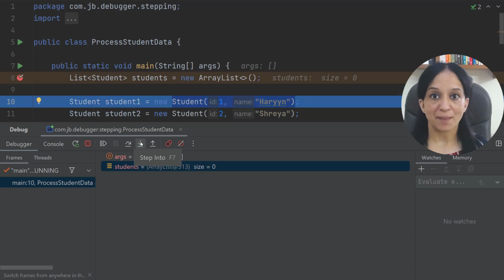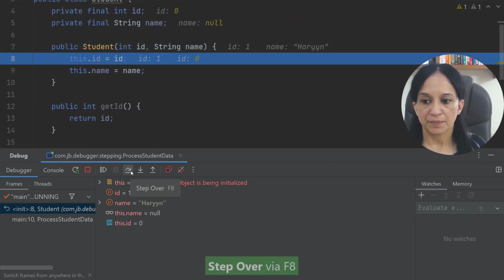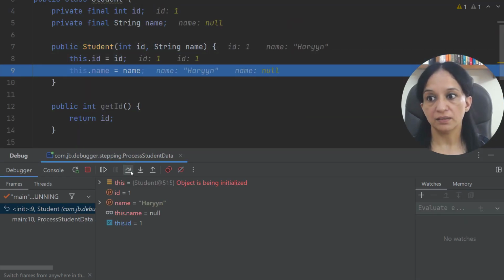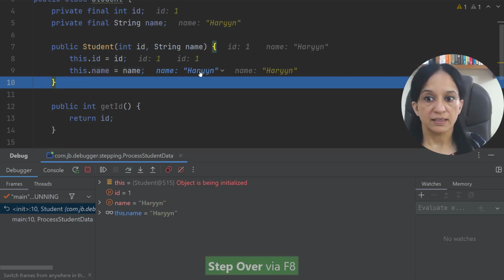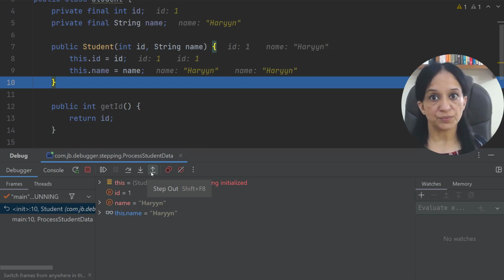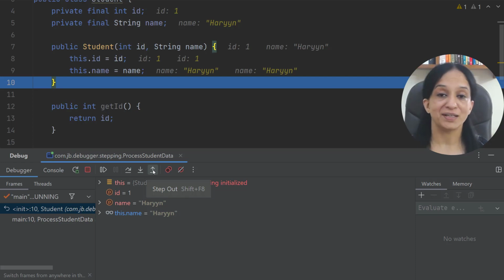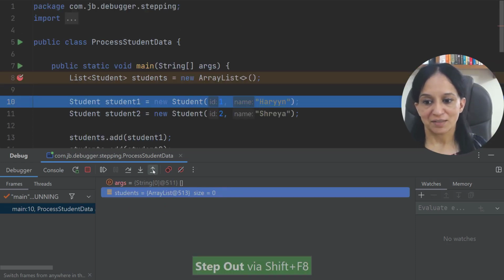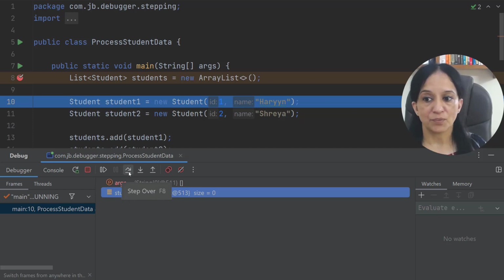Now I can use the step into icon here, and that would take me to the definition of the constructor of this method. And again, I can step over and see how the constructor of the student class is being called and the variables that have been assigned. I can use step out to exit this method call, but since I'm already at the line at the end of the method, if I press step over or step out, it will eventually take me out of this method call. So let me use step out. The next is step over